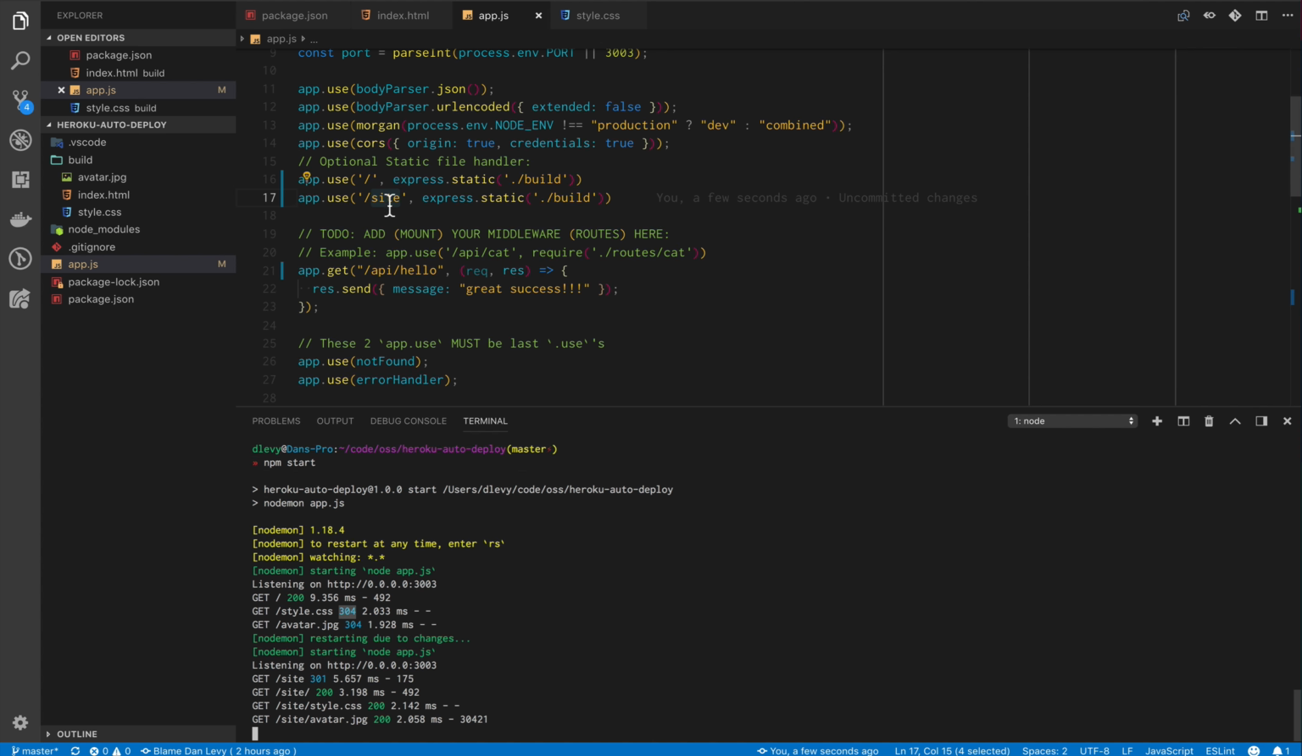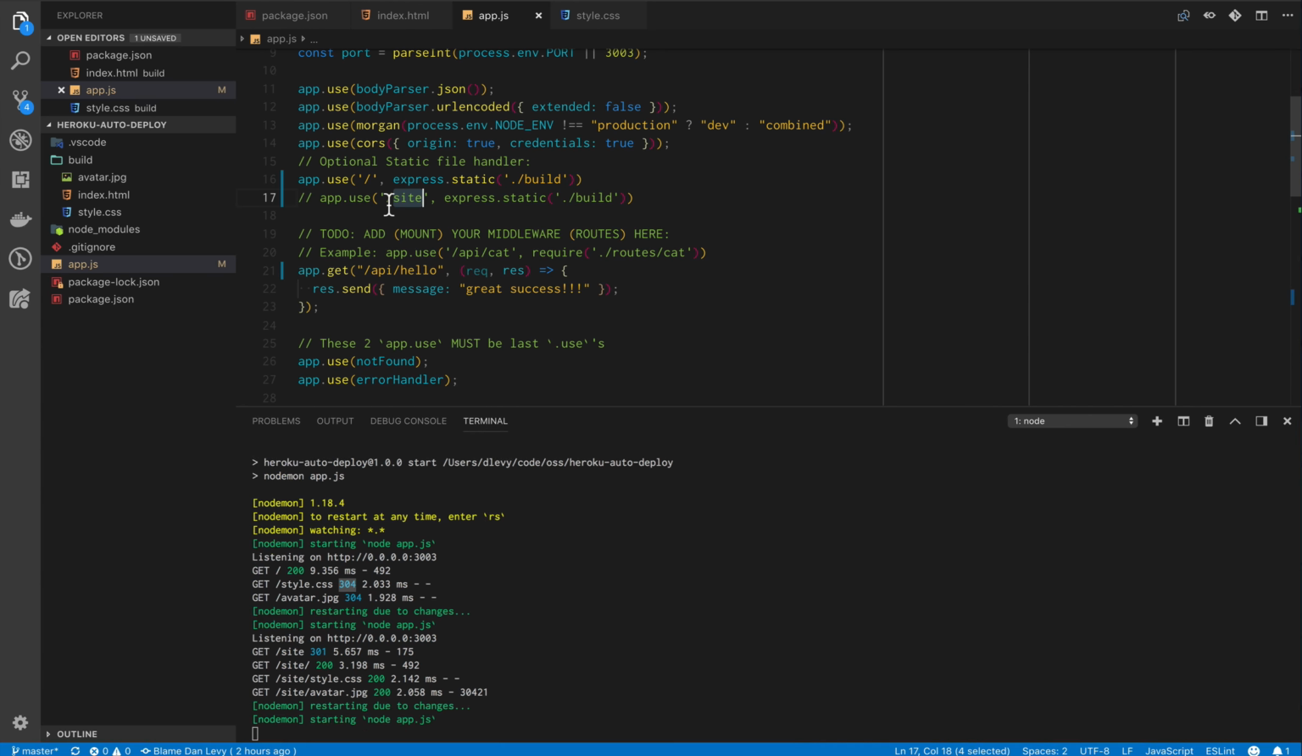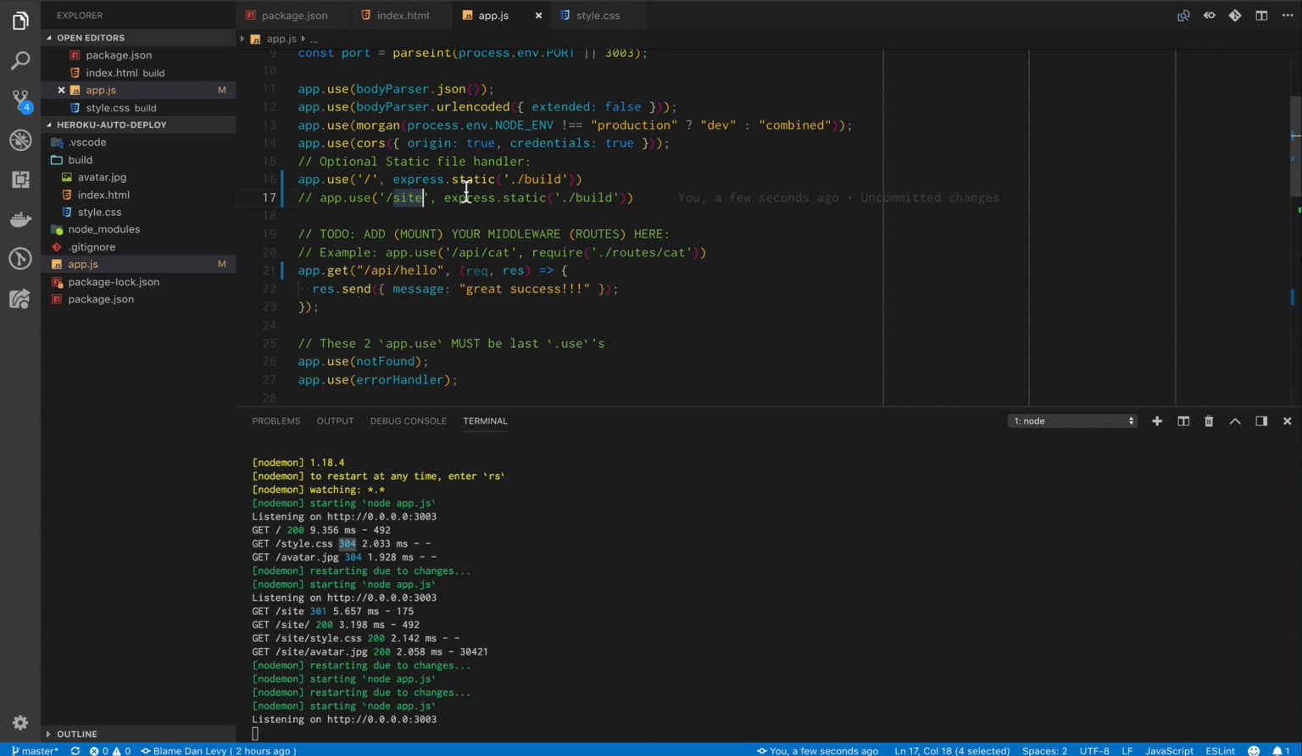So let's get rid of that. We don't want to actually serve on the site route, but we do want to have an asset served at the slash, and any API, anything that's RESTful API, any data services will be prefixed with the slash API here, as you see on line 21. So let me go ahead and